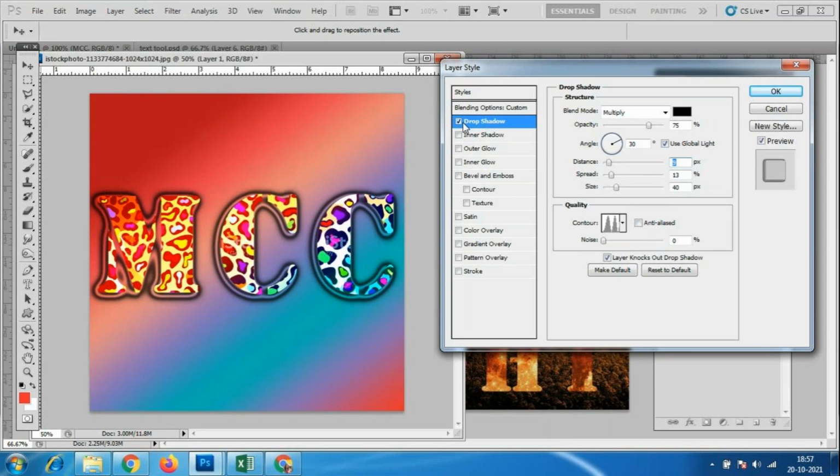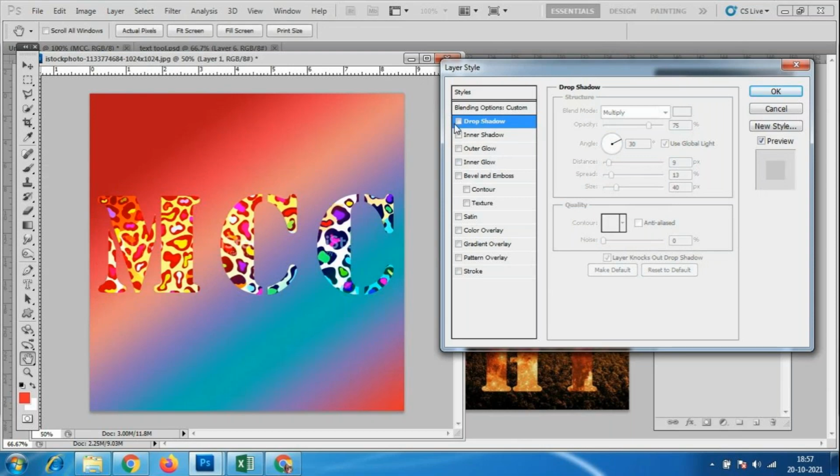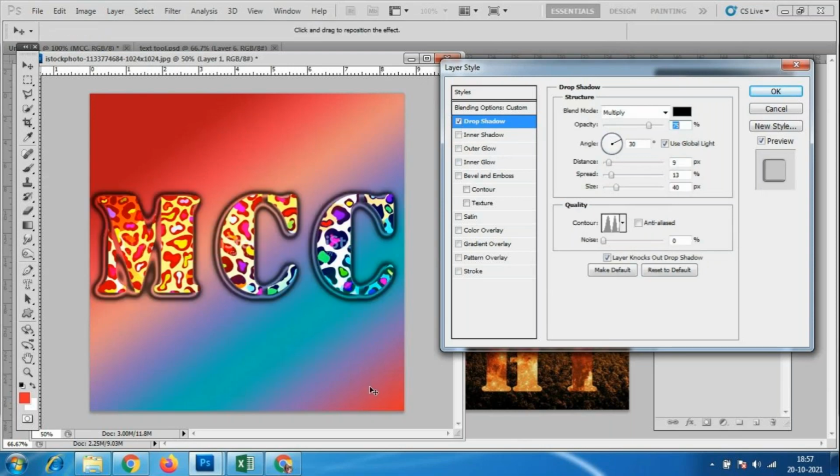So now when it is selected with the blue color, then only the option works over here. If it is not selected with the blue color, it will not apply. Okay, so now I will turn it off. I don't want this effect, so I'll turn it off. If we want it again, we can turn it on, and automatically it is available.